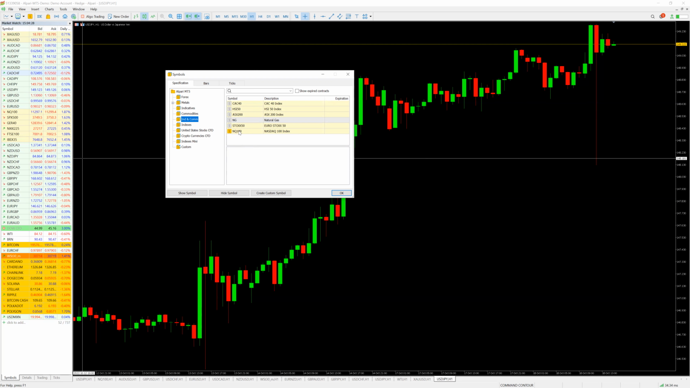So you get the NAS in here, and then some other indices. Right, we have indexes here as well. So this is the S&P, the German 30, and all of that. We have the US stock CFDs. We also have some more indices down here. So these are the indices, the mini,